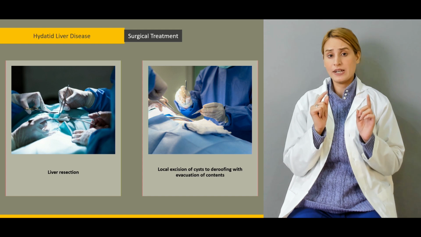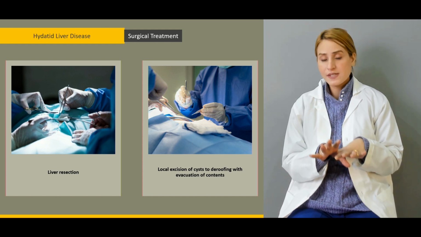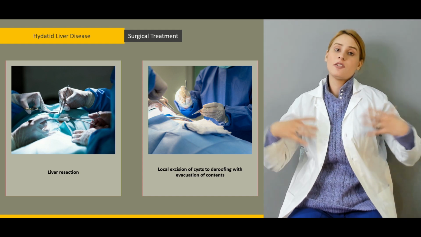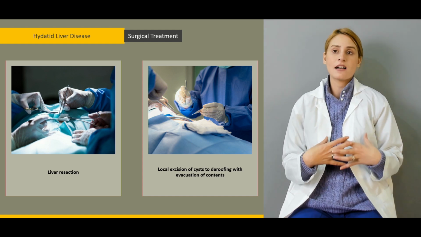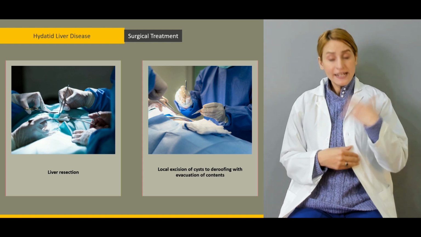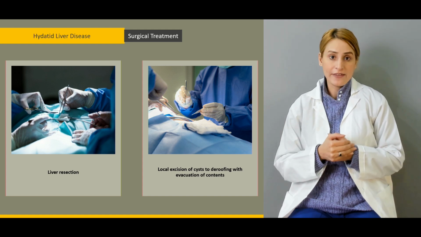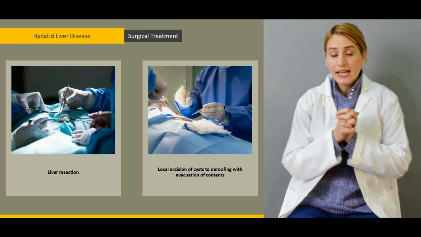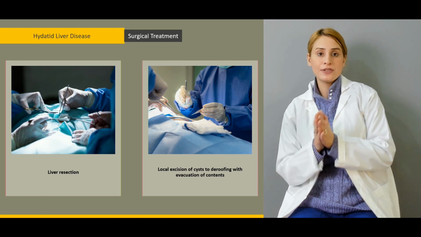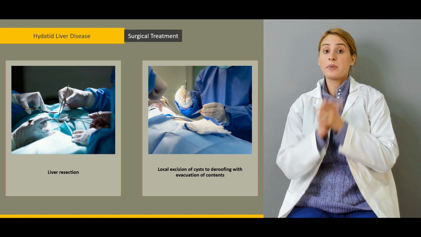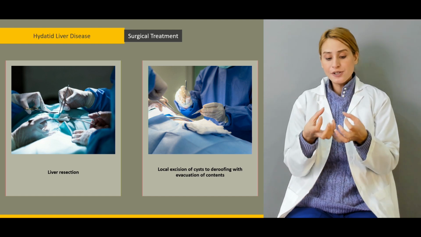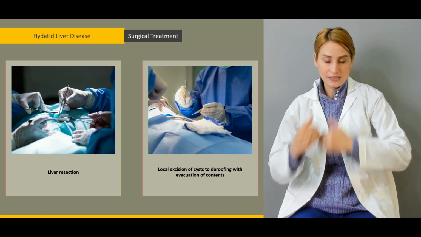Now, this is important. This is for those conditions in which there's a large hydatid cyst and it's causing a lot of trouble, and it is suspected that it may rupture into the peritoneal cavity. So what is important is you do the liver resection or you do the excision of the cyst with a deroofing. But for that, it's important that you actually, before starting